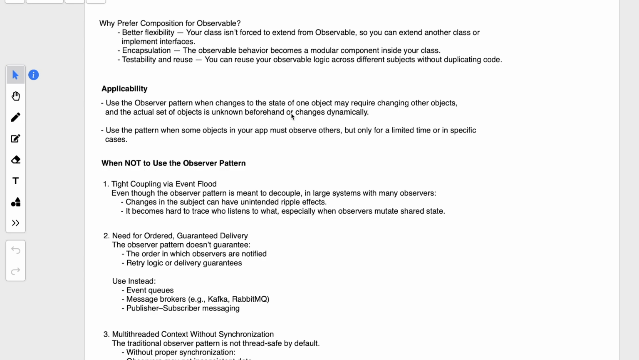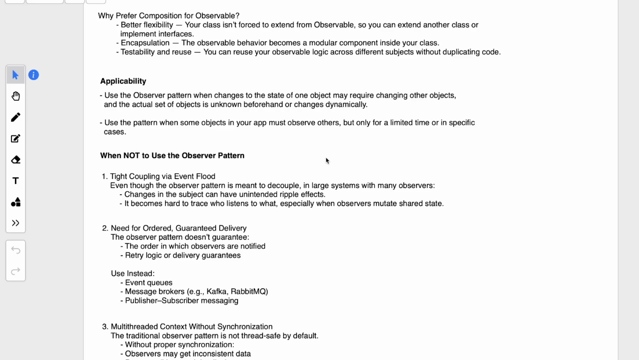So in simple terms, this can be used when other objects need to be notified of the changes of an object. For example, you have a weather data object. Whenever it changes, other objects like display objects need to be notified, right? In that case, you can use the observer pattern. You can use the pattern when some objects in your app must observe others, but only for a limited time